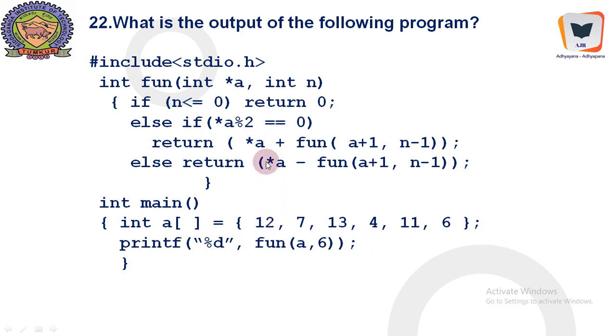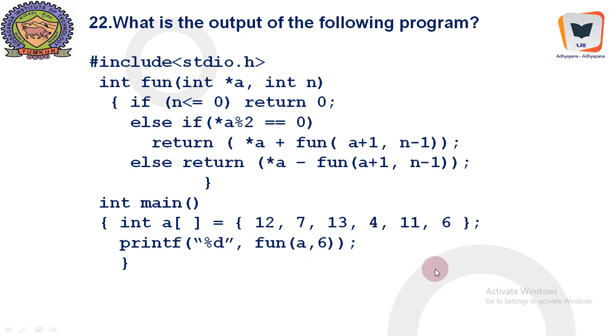Integer main, a is actually an array. Star a means the content of the first cell of a, 12. When you say a plus 1, it will come over here. The way to fetch the numbers is just adding 1, whatever we require. The question is what exactly it prints if we say fun(a, 6). So here 6 will go. It will receive the address of a, this is the content of a, and 6 is actually integer n, some value.